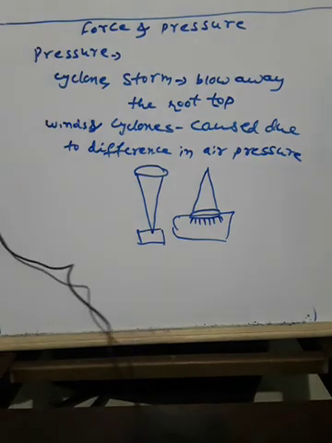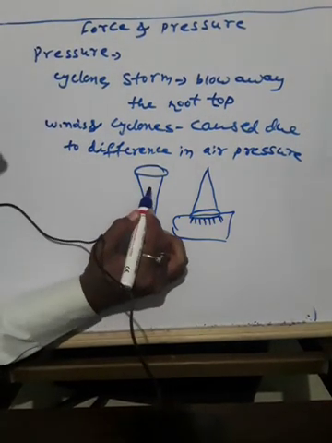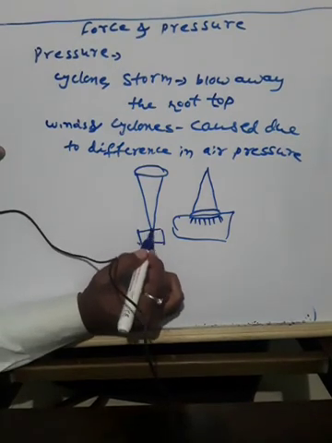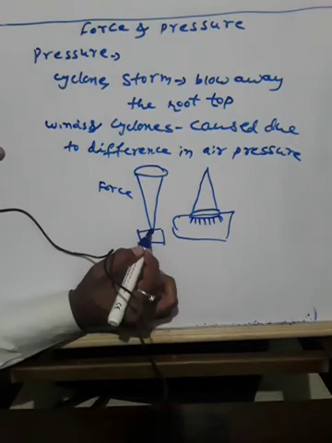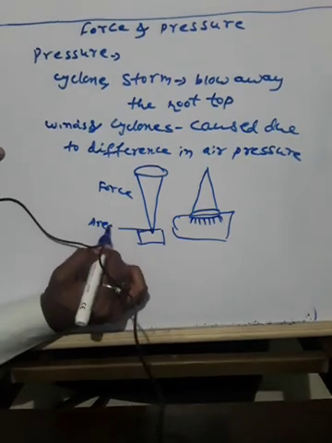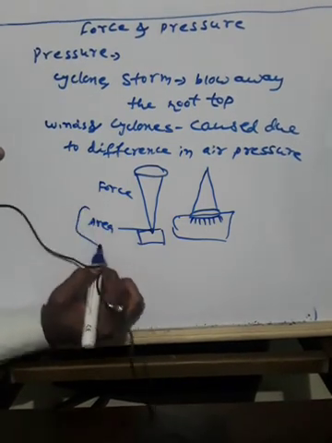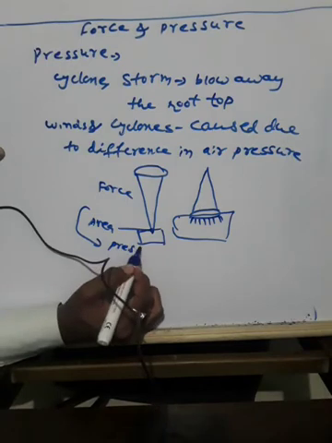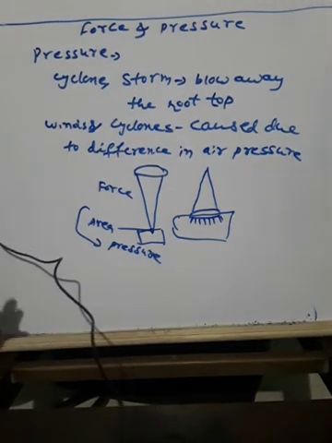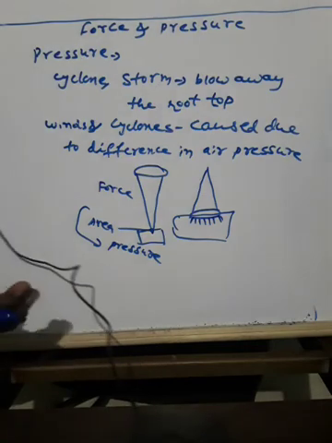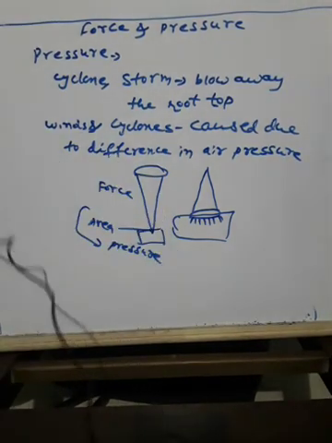Okay. Then what is pressure? The force acting on this area, you are applying force here. This force on this particular area is called what? It is called pressure. Okay. So pressure is the force acting on a unit area of a surface. This is a surface. The definition is very simple.